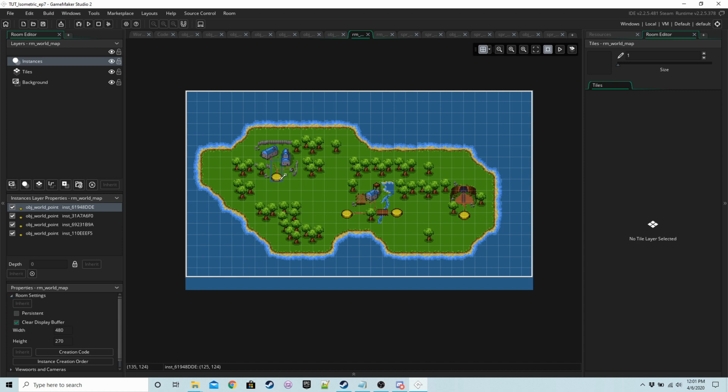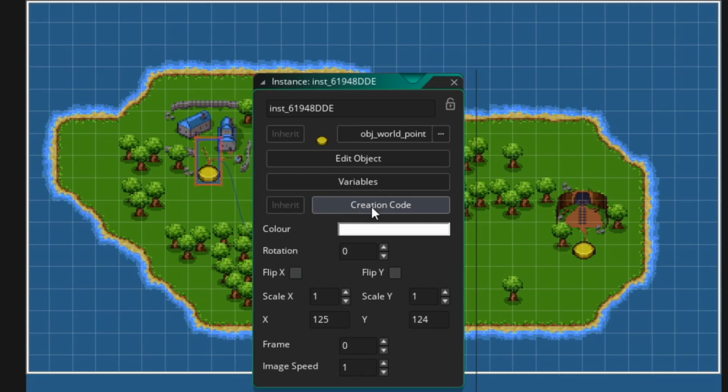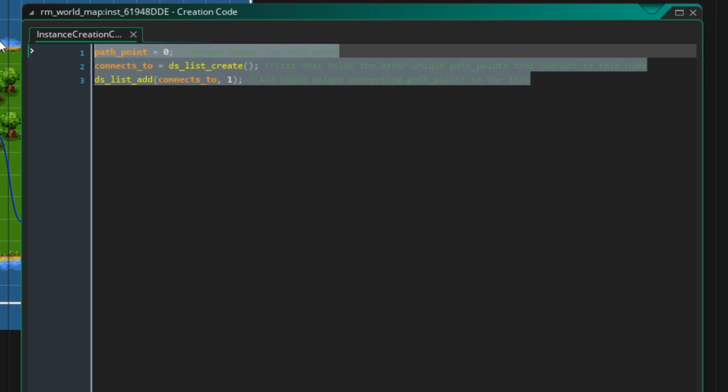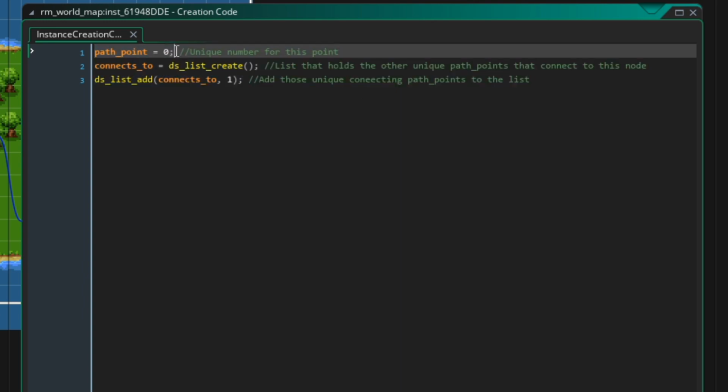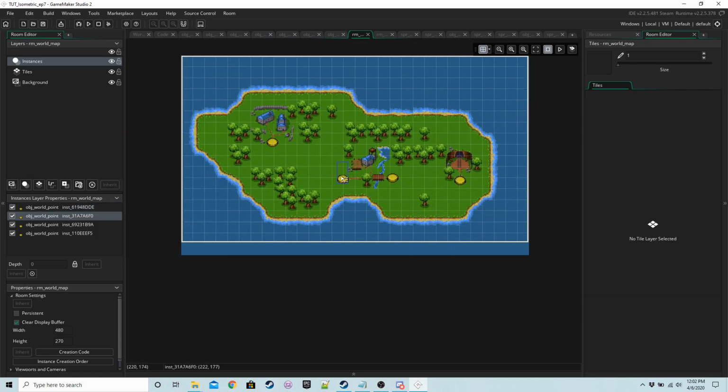How we are going to decide where the player can walk to and from is dictated in the creation code of each instance. So if you double click, this box comes up and you click on creation code. So we're going to add this to every individual instance of obj_world_point. This first variable is going to be unique for each instance, and so this one is path point 0, this is 1, 2 and 3,